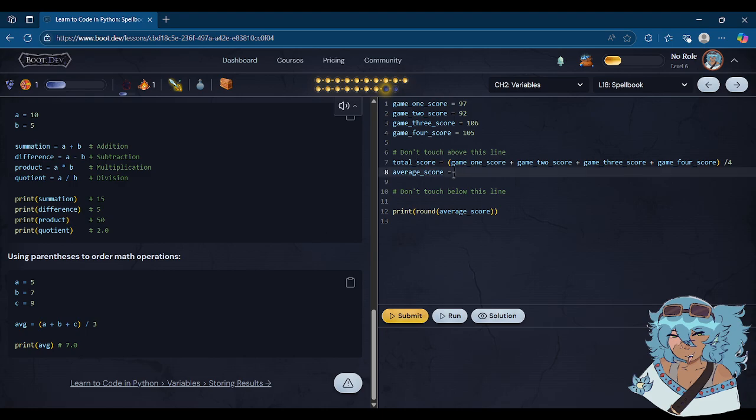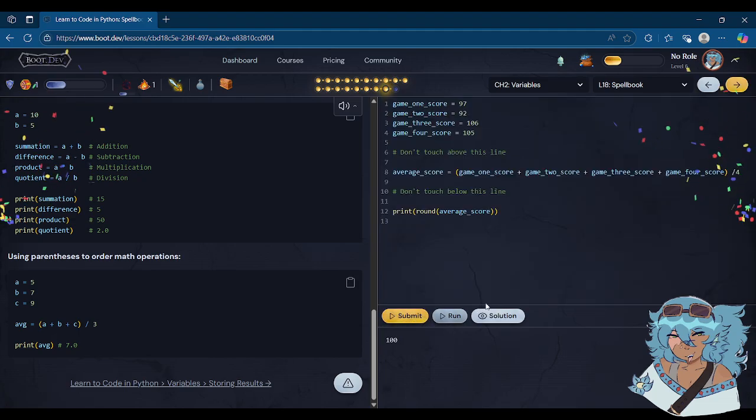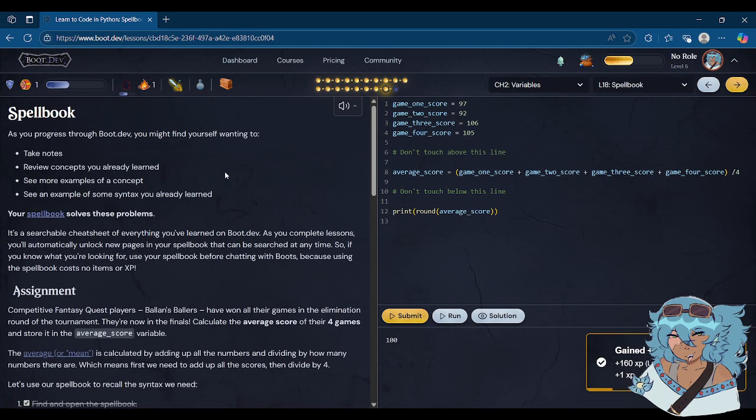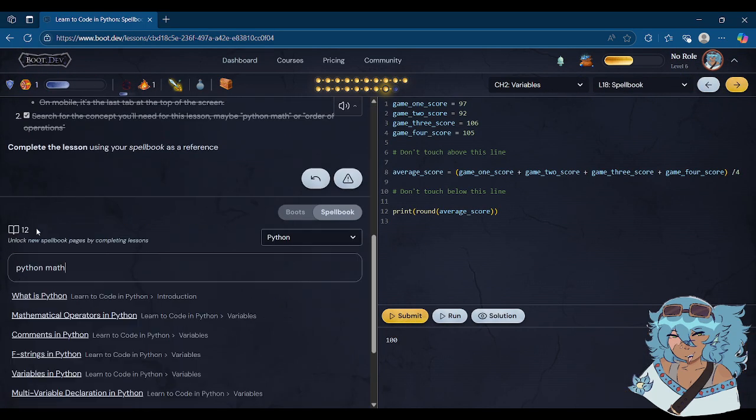Okay. Actually, oh wait, oh, I'm blind. Average score is what this is supposed to be. So this is meant to go here. I run it, 100. That's okay. Yeah, I was just overcomplicating it. Now that I'm realizing, I overcomplicate a lot of stuff. Anyways, on to the next